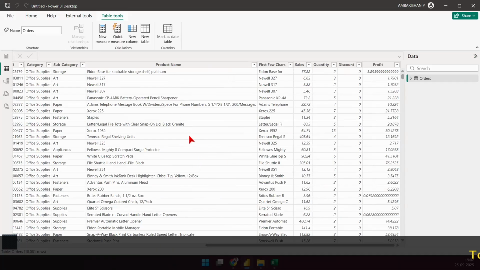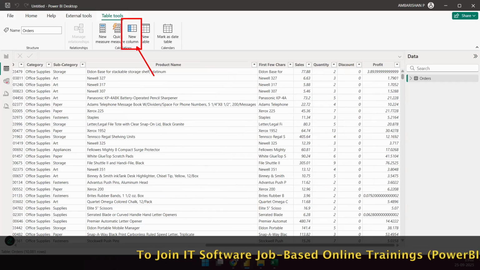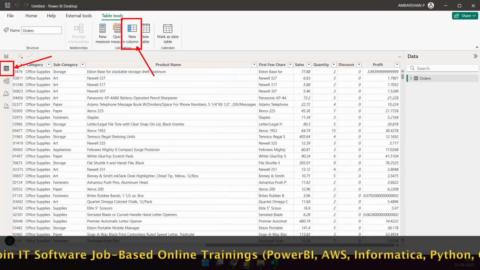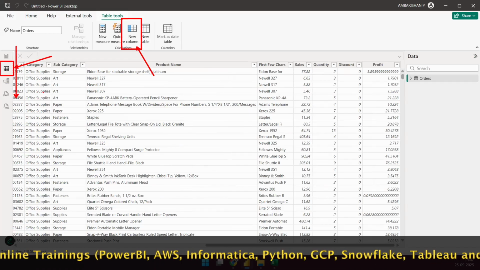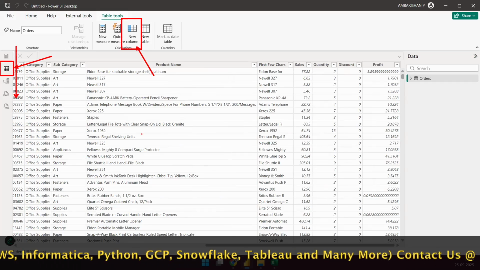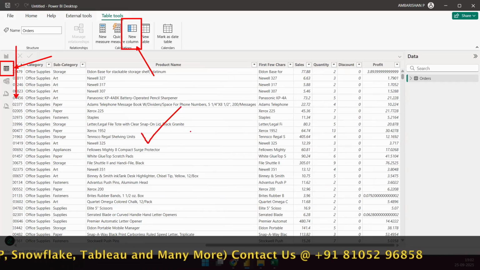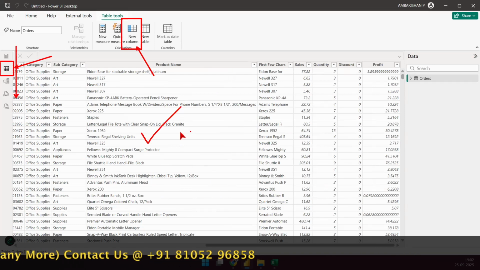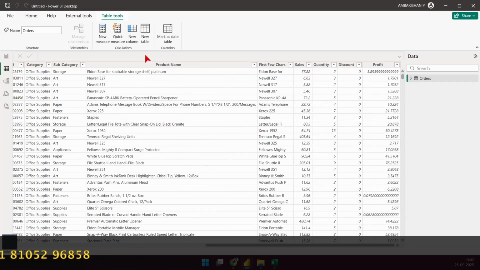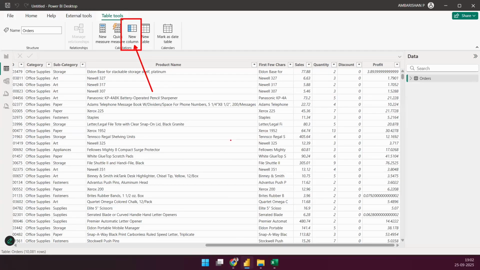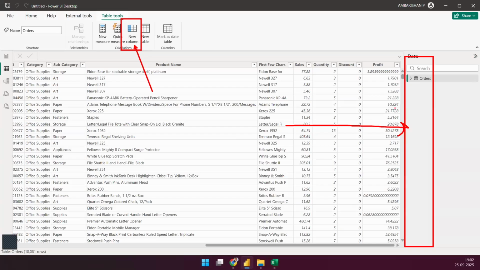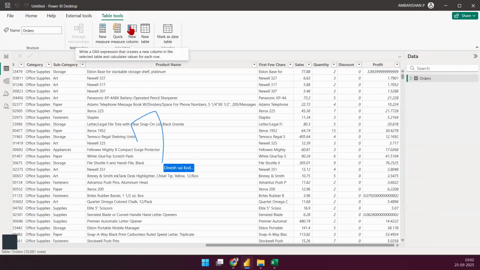Okay. Now there is this new column icon here. I'll just click on that. And by the way, this is the second icon on the left hand side that I just talked about, different views. And this is called the table view. So have a look. It's giving you the tabular format of the output. So I'm in the table view and I'm trying to create a new column. Okay. So every new column that you create in Power BI is going to be on the right hand side. It will come on the extreme right. Okay. So I'll just click on new column.